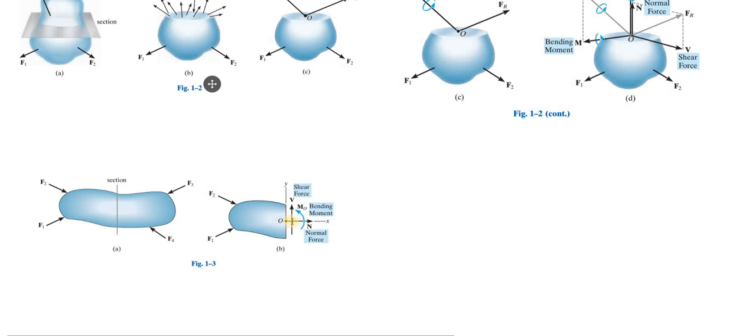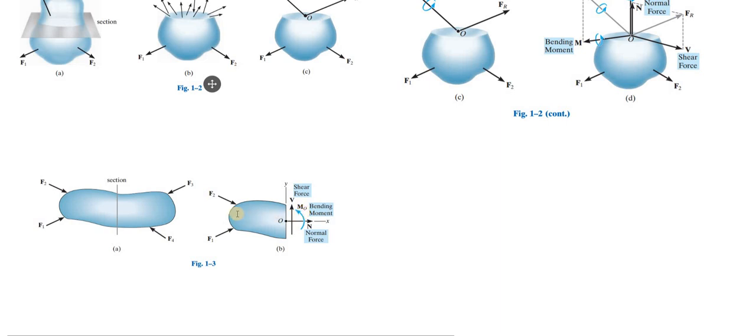Now again, if we resolve that resulting force and moment, this time there will be only two components. Again, for force we will have a component normal to the cross section and a component tangential to the cross section, so normal force and shear force. And we will have only one component for the bending moment, because all of these forces are in the same plane, so they will not be able to twist the section. Of course they can cause bending, but they cannot twist. So in that case, there will be only bending moment being produced.